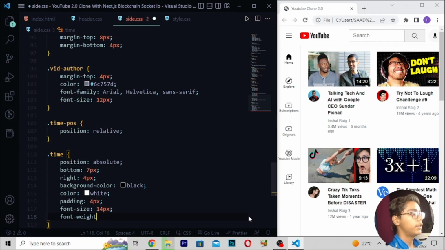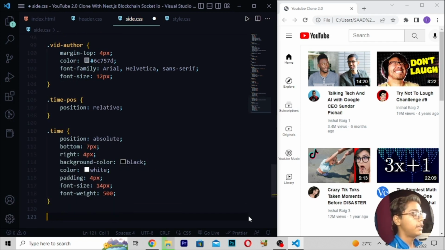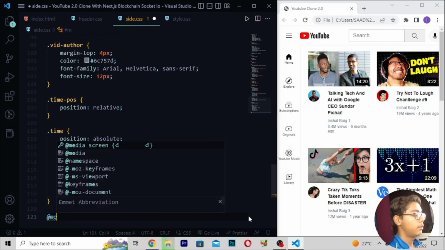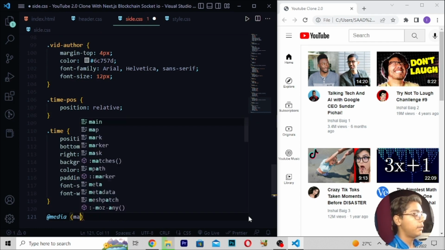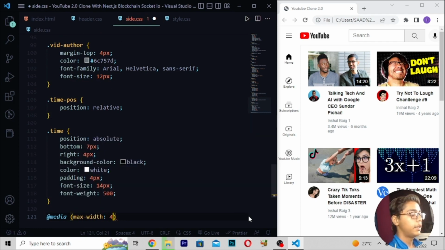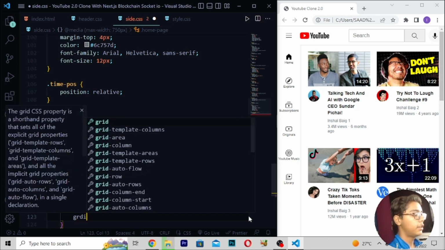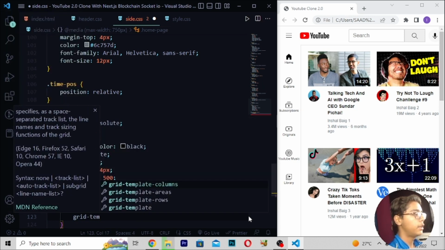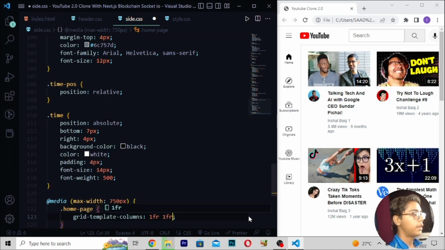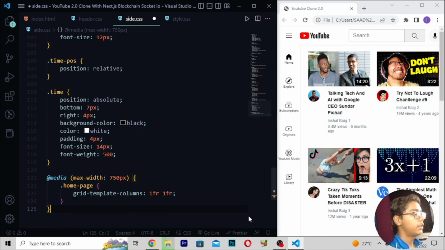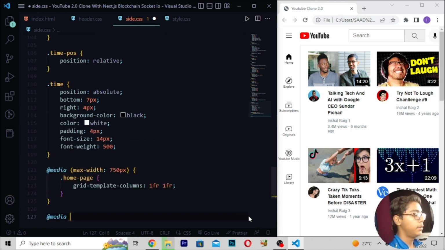Then font-weight which should be 500, then I will be writing @media, max-width 750px. Now when you've written this, I will be moving to .home-page, display grid, and then grid-template-columns which should be 1fr. Then I'll be writing @media, min-width which should be 751px,